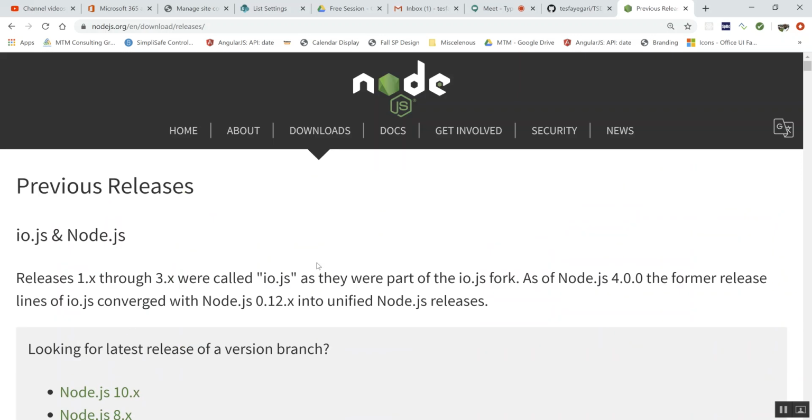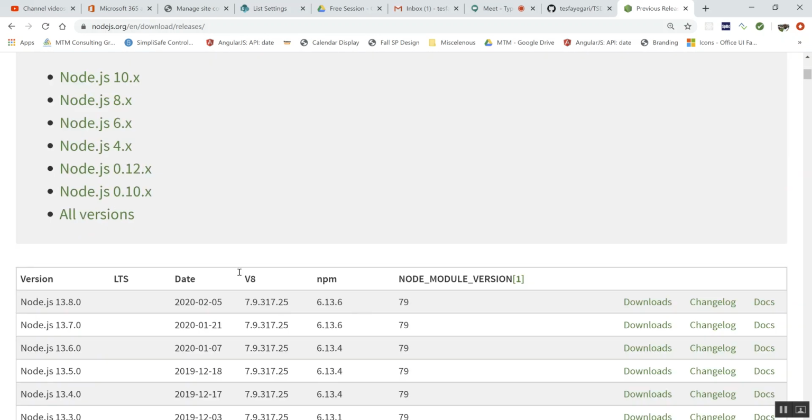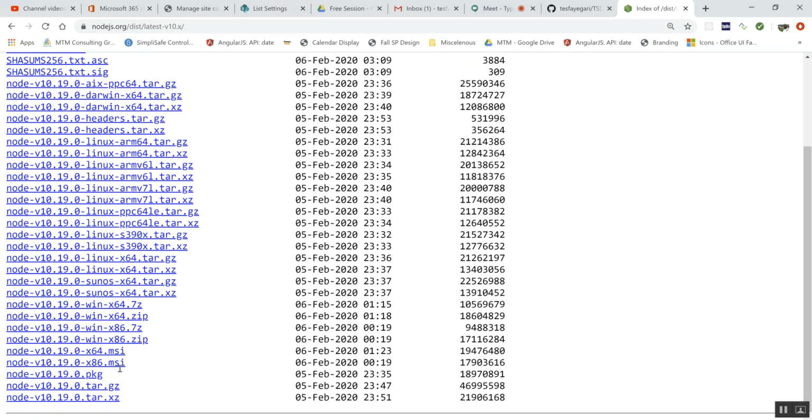For Mac operating system, you just follow your Mac's or Linux version of an installation. So you just go ahead and download Node 10.x, for example. Most likely everybody has a Windows 64-bit operating system. You're going to download that one,